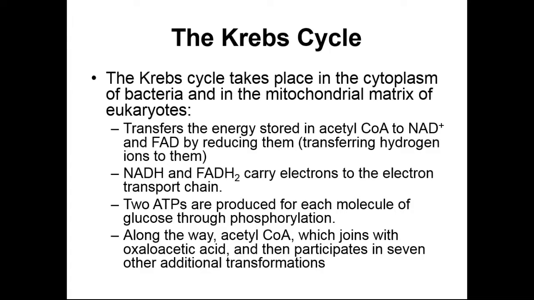In eukaryotic cells, we have mitochondria. We do have membrane-bound organelles. So in our eukaryotic cells, the Krebs cycle happens on the inside of the mitochondria. During the Krebs cycle, we'll take energy from the acetyl-CoA that we're dumping into the molecule, and